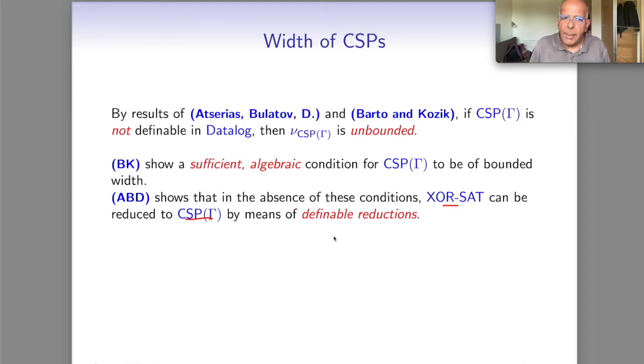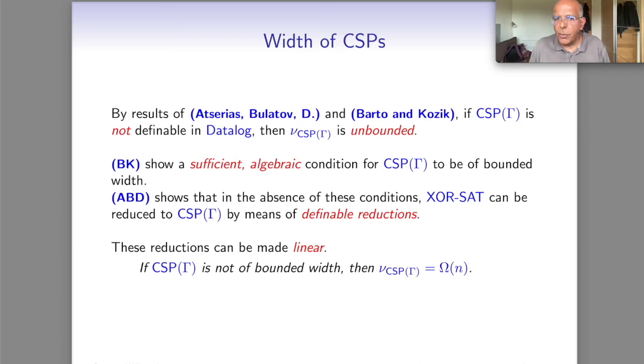And that means in particular that when these conditions fail, the CSP gamma has unbounded counting width because XOR-SAT has unbounded counting width. In fact, these reductions can be made linear, so